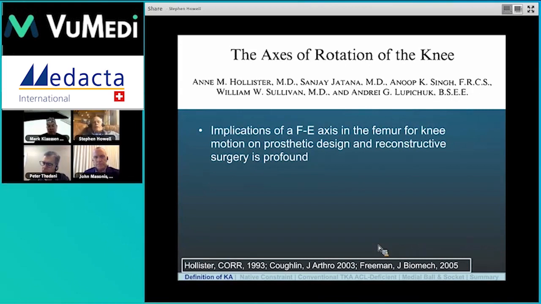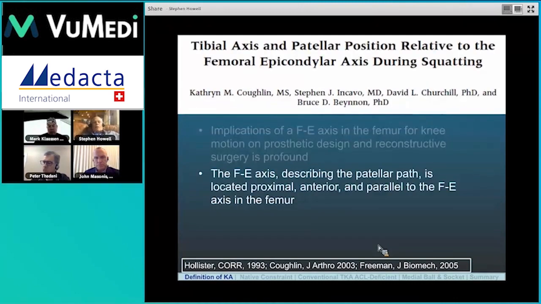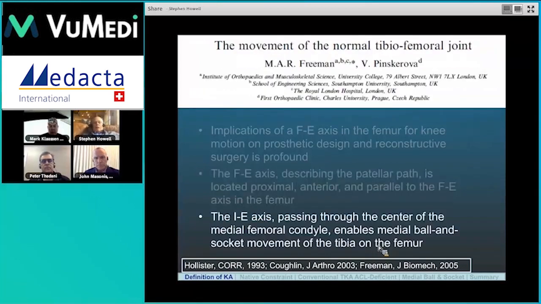If it's recessed or countersunk, something's loose, and instability is very difficult to treat. These 2 undesirable consequences are markedly diminished when you restore the native joint surface with the implant. Coughlin and Bainen's group from Vermont discovered the second transverse axis, the flexion extension axis in the femur, about which the patella flexes and extends, and also determined that it was parallel to the joint line and parallel to the other flexion extension axis. And once again, the Freeman paper, which we'll revisit in a moment, that described the movement